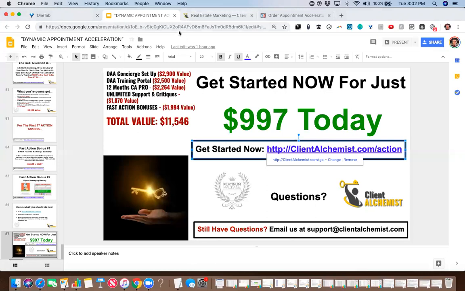What about the manual follow-up script? Yes, we give you a complete library of email and text scripts that you can literally just copy and paste and use for the dynamic manual follow-up process. You might have to tweak the city or the town. Obviously you're going to have to do a tiny bit of customization to fit your target audience, but you can literally just take them, swipe, and deploy at your will.